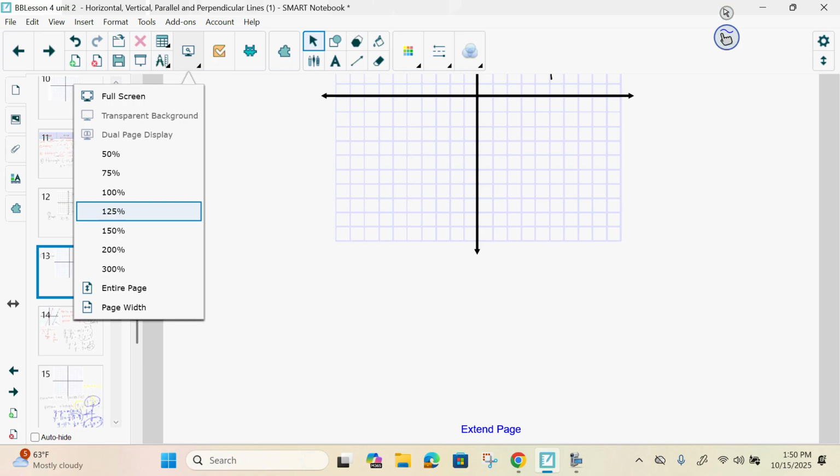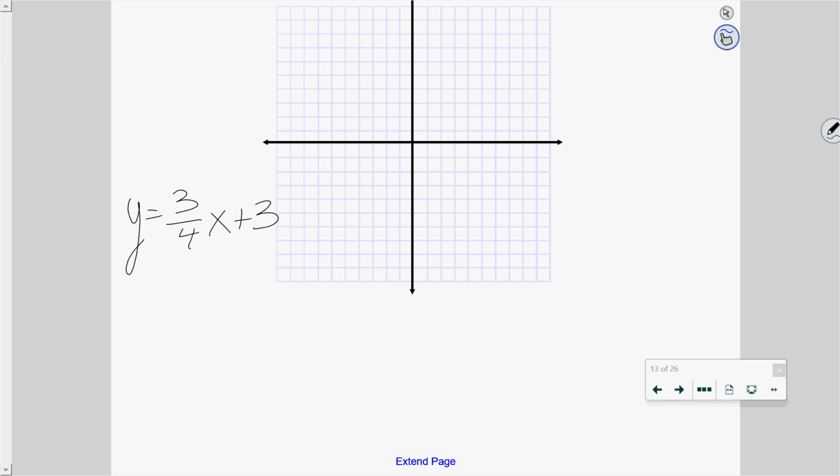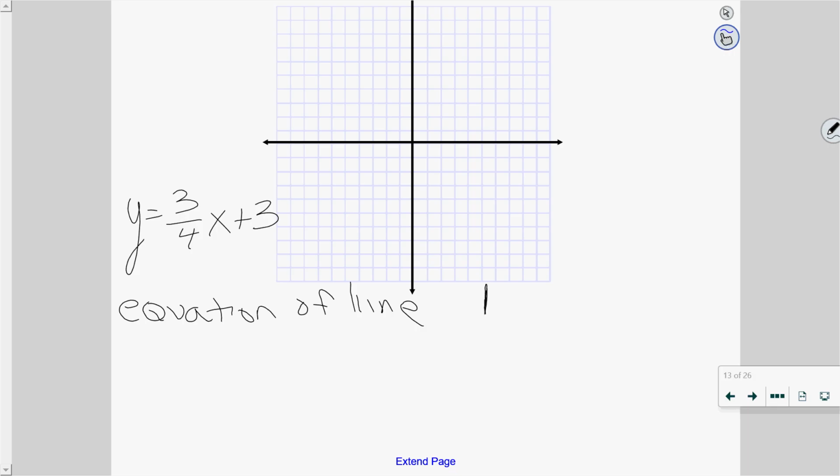All right, so we have the equation y equals 3/4 x plus 3, and I want to get the equation of a line perpendicular to it. I want to make sure you understand what I'm doing here. Perpendicular, the little upside down T, means perpendicular. Perpendicular to the equation y equals 3/4 x plus 3 that passes through